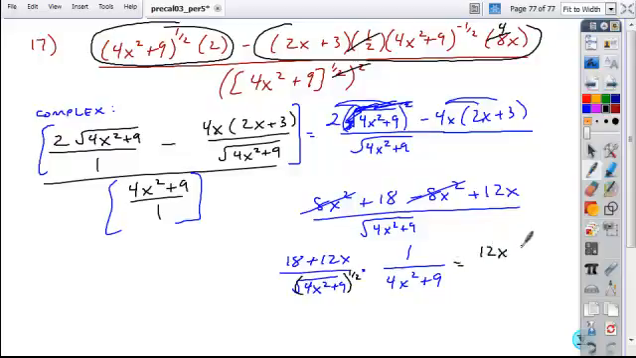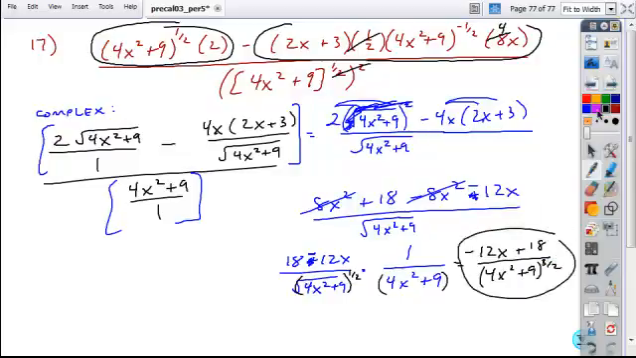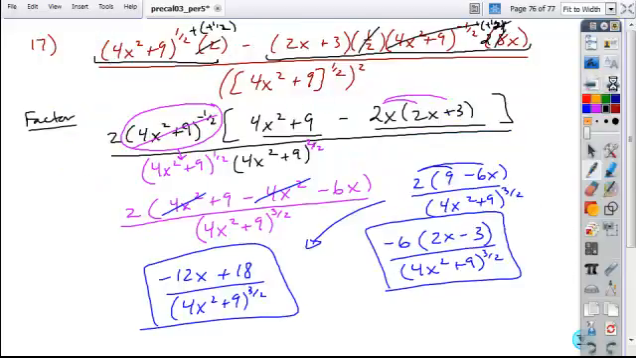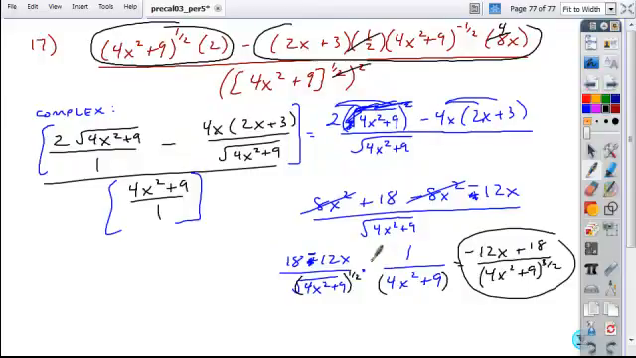Here I'm just going to reorganize these terms. And oops, this is a negative 12x, I'm sorry. We come back here on the distributing, this should be a negative, which makes this a negative. Okay, so when you simplify here, your 4x squared plus 9 to the power of 1/2 times the power of 1, add their powers, and you get the same thing. So it doesn't matter which form or which method you choose. Okay, all I'm